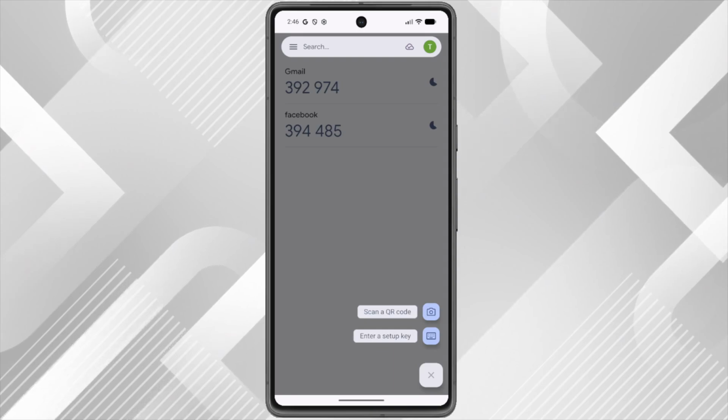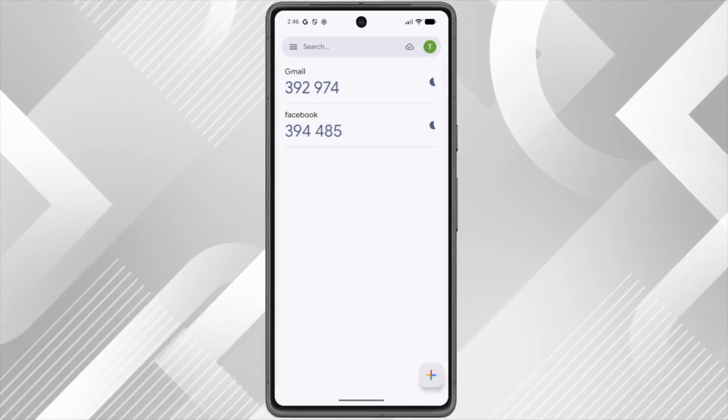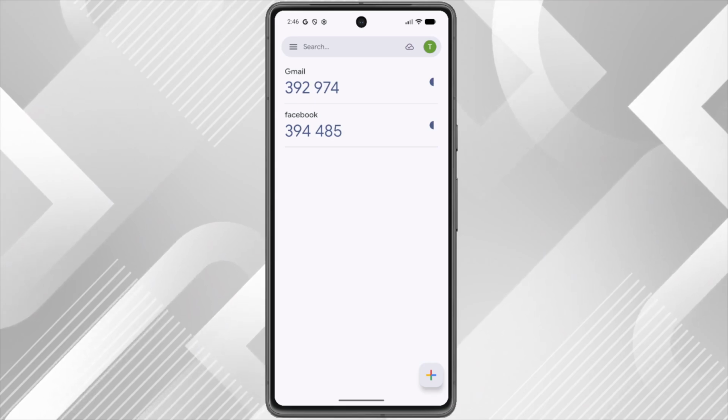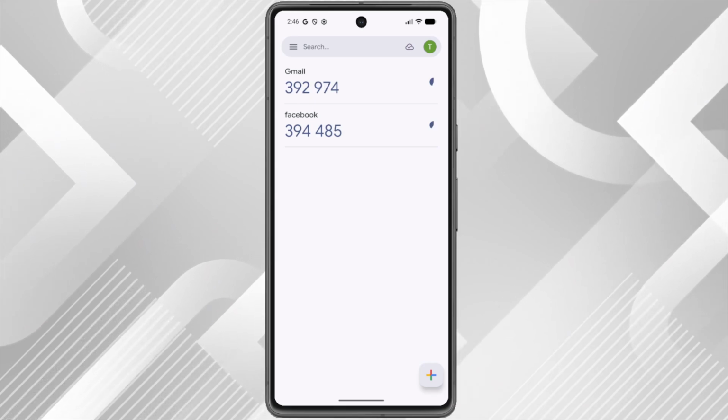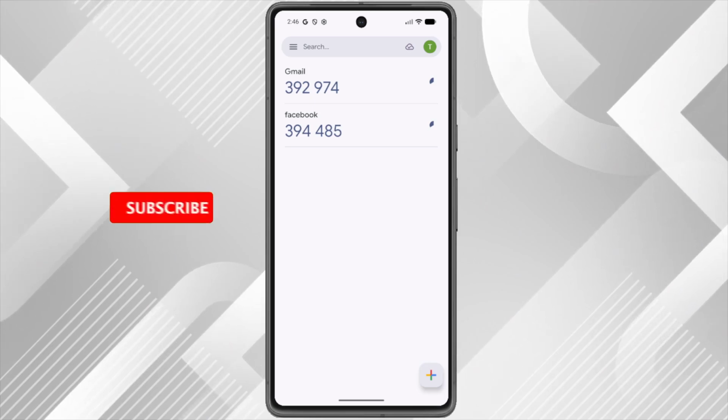Your Facebook account is now linked to Google Authenticator and you'll start seeing time-based codes that you can use to log in securely. And that's it. You've successfully set up Google Authenticator for Facebook, adding a strong layer of